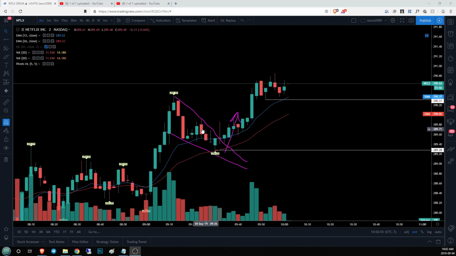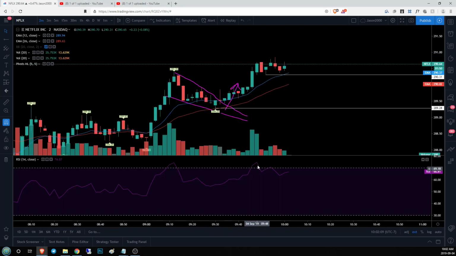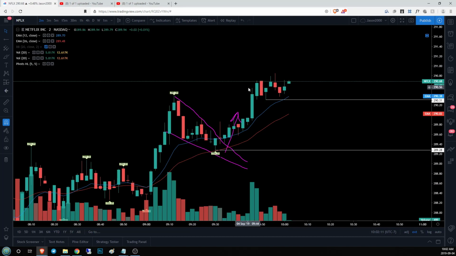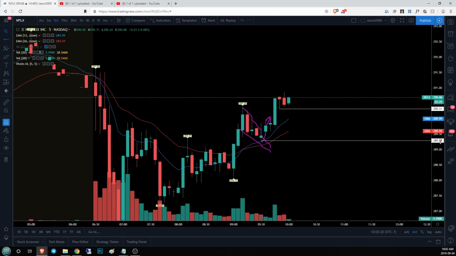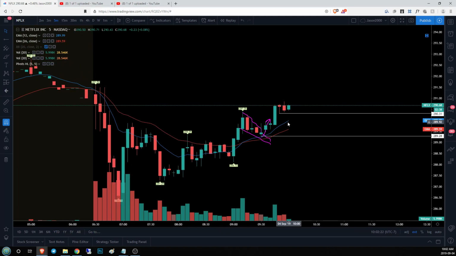So checking back in, 2-minute time frame, we saw a bull break of that descending wedge, so that worked out really nicely. We got overbought on the 2-minute time frame again, so seeing some pullback. Bulls still very much in control. As long as they stay over 290.31 on the 2-minute time frame, things are going to be looking good. But on the 5-minute time frame, we have set a new higher high. Now what we need to see is bulls establish a higher low. We can go all the way down to 289.28 on the 5 to do that.